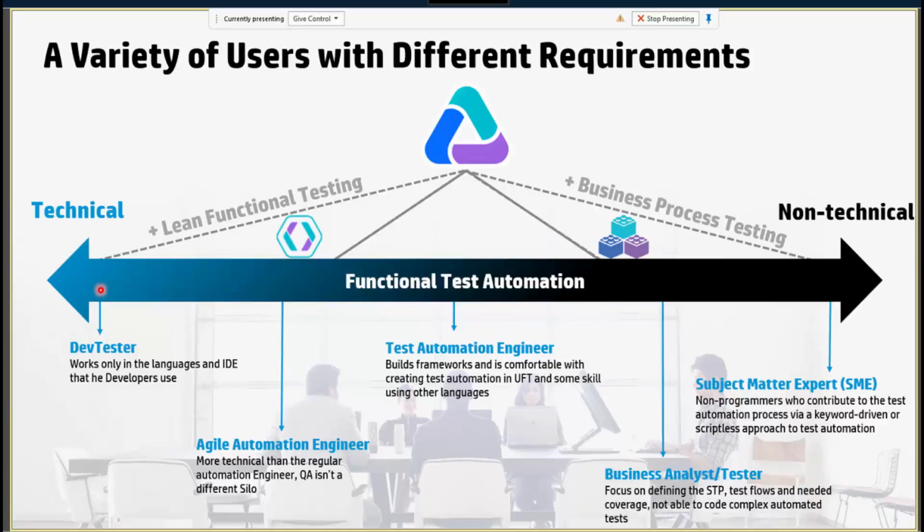And it doesn't have to be true Agile. Most organizations I work with run some type of hybrid form of Agile and waterfall, right? And usually, I would say probably 8 out of 10 of the big shops, you've got web-based development, and then you've got some type of ERP or back-end system. So you might have the ERP system in one environment, then you have a separate environment for web-based testing, and then you have like an integration sprint where you do all of your integration testing. That's where a lot of the automation comes into play, and that's where LeanFT and UFT